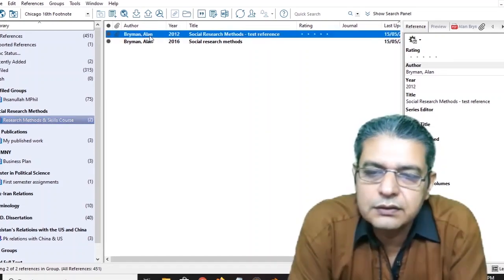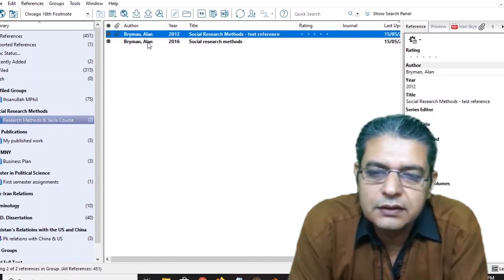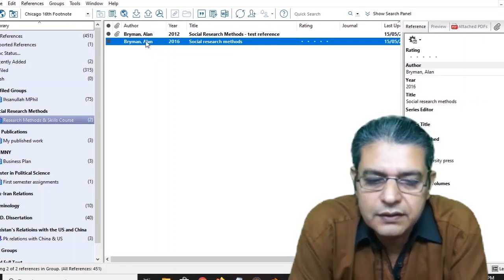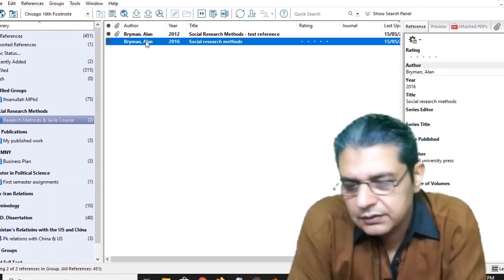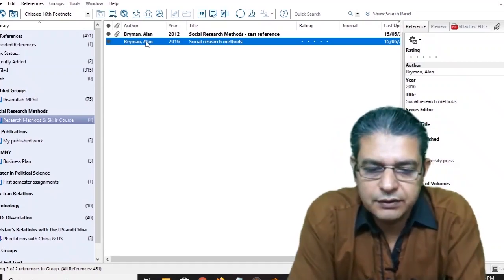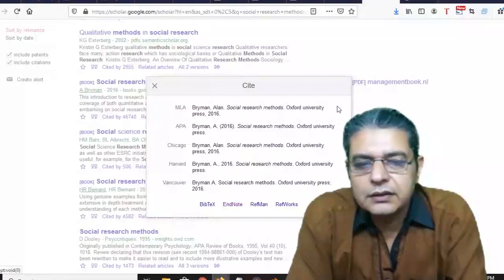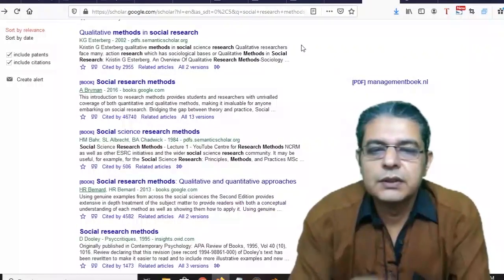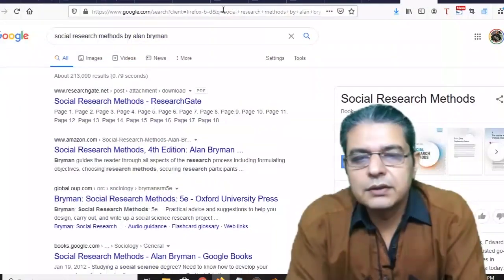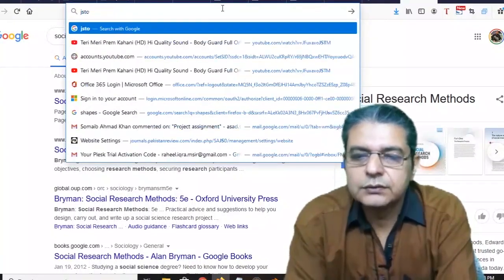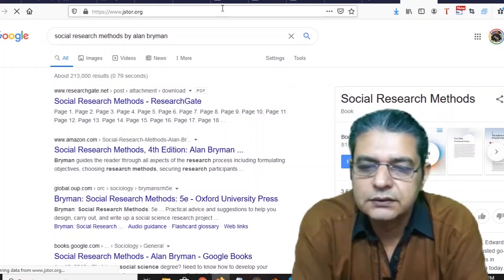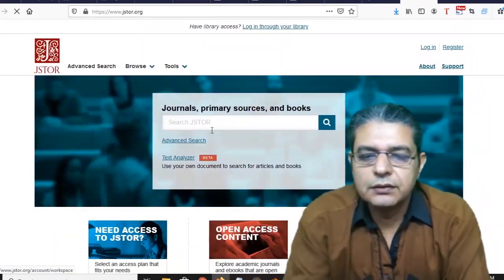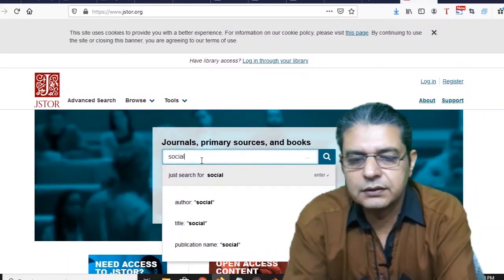So as you can see, there are 2 references with the same name. The first one we created manually, the second one we downloaded from Google Scholar. All right. So that's how you download any reference from Google Scholar. So let me show you how you can download reference from other sources. For example, if you go to JSTOR and search for something related to your research,